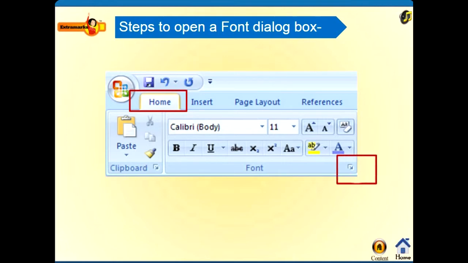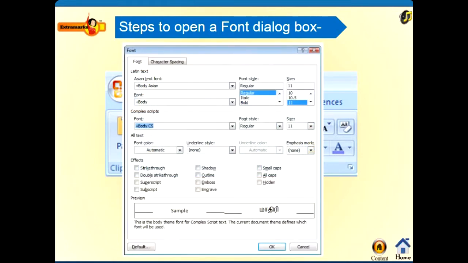Click on Home, and over there you will find the font dialog box. As soon as you click on it, you will find the font dialog box on the screen, from where you can change the font style, face, size, and many other changes.